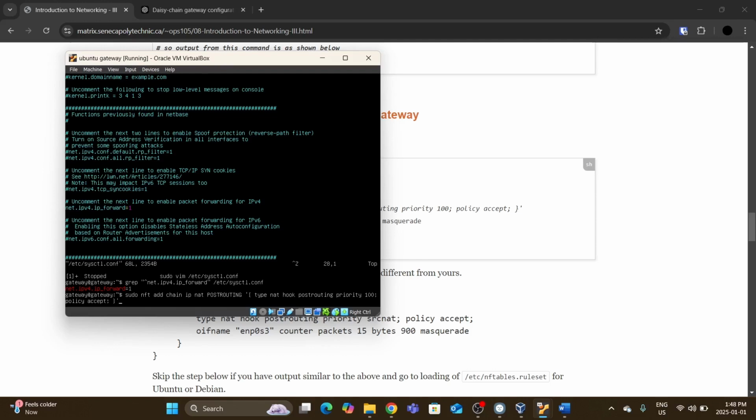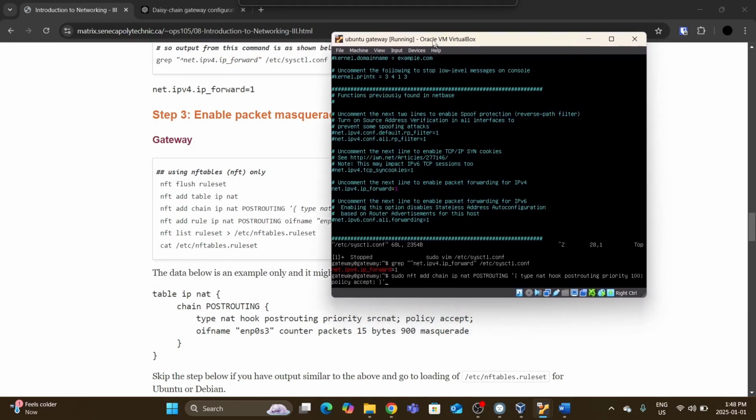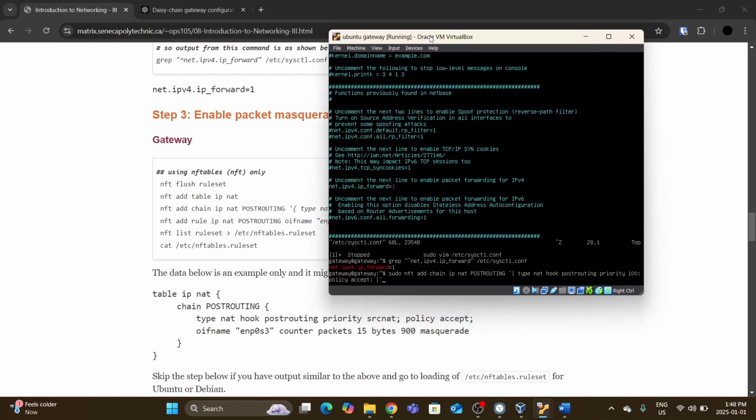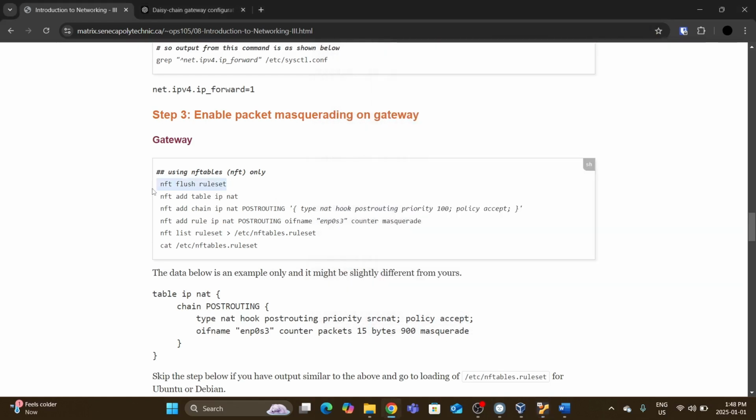So what you did here is you created a chain in the table that you previously created, because in here you flush the rule set, that means zero rule sets, and you went ahead to add a new table called nat, and in that table you created a new chain that handles all the NAT trafficking. And after that, you're going to create a rule,